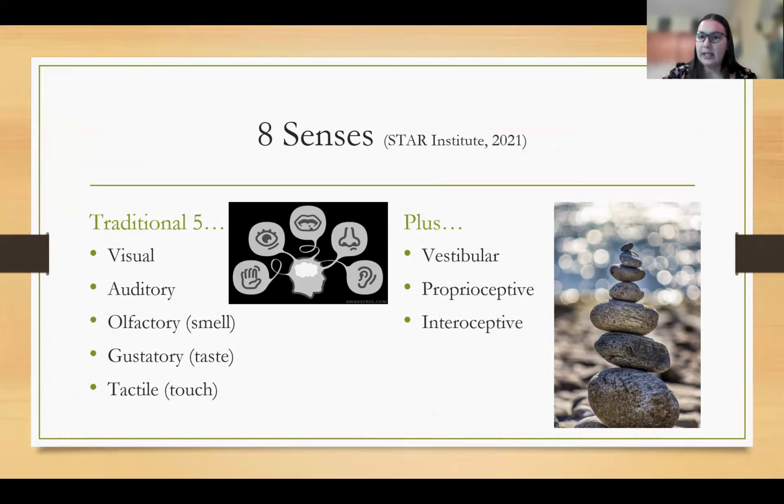Vestibular is our sense of balance and where we are in space. Proprioceptive is our relationship of where our body is to ourselves. So somebody might have trouble, like they might run into things a lot or trip over things. And interoceptive is the sense of what our internal body is doing. So it's, am I hungry? Do I need to go to the bathroom? Is my temperature regulated? So all 8 of these senses, someone can be hypersensitive to, or they might be hyposensitive to, so they might not notice changes in those senses.